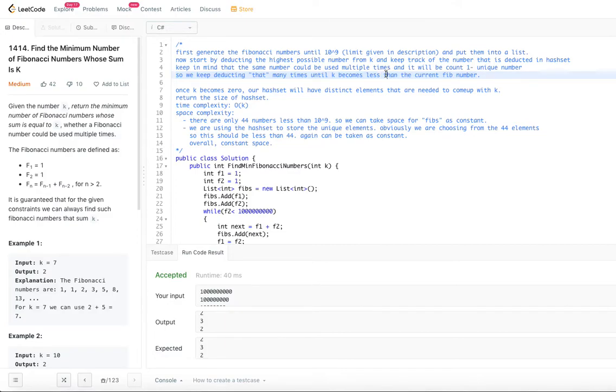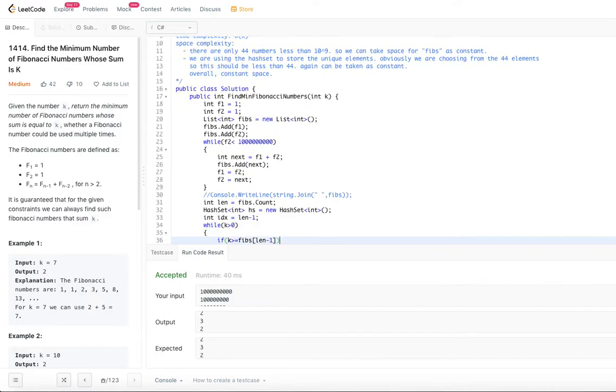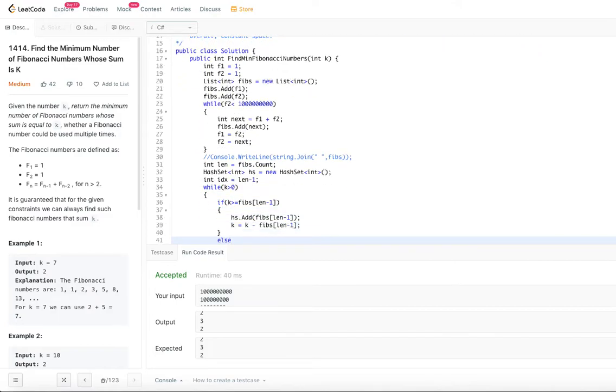Once k becomes 0, whatever the hash set has, those are the unique Fibonacci numbers, and we are going to return the size of the hash set. So let's go ahead and look at the same algorithm. We'll come back to the time and space complexity later.